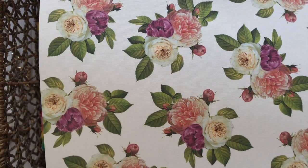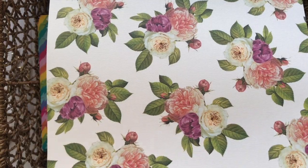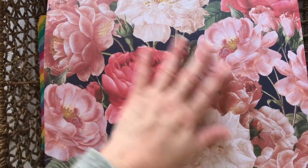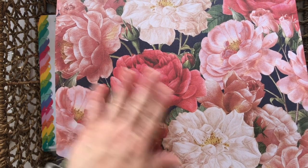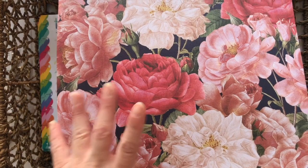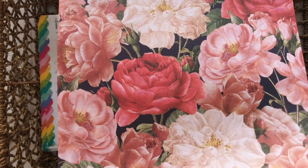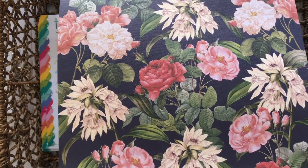Because these papers I think are stunning, and they all have this beautiful texture. They almost have a wallpaper texture, and they're just gorgeous. I mean, I would love to have a planner cover of just that. And then the thing is that I could get some embossing powder, and I can just outline some of the edges with some clear ink and put some embossing powder and emboss it. And you know, you can really just go hog wild. So I actually might end up doing that,